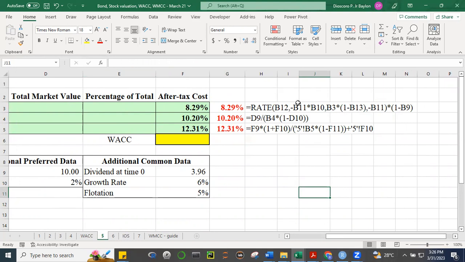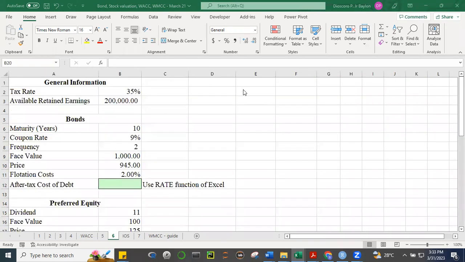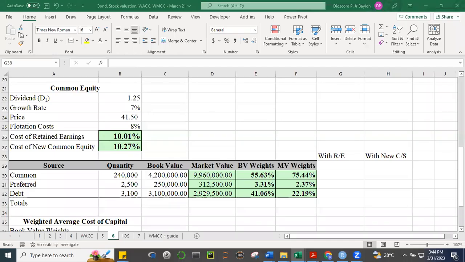I'll just get water. So I'll give you a few seconds, few minutes. Okay, try to now compute for the weighted average cost of capital. Pause ko lang yung recording. Kindly remind me please to resume recording in a while. Okay, let me now show my answers and let's compare.